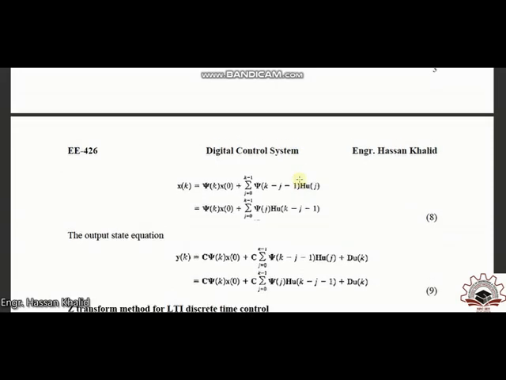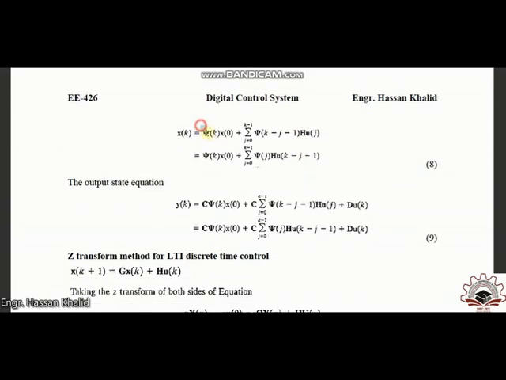Now let us consider this equation A once again that we evaluated from the recursion process, and we have to transform it in terms of our state transition matrix, that is psi of k. In the previous step we have evaluated that our psi of k is actually equal to G to the power k, so we will just substitute our values in terms of G of k and represent it in terms of a state transition matrix. That means we are going to transform our state equation in terms of a state transition matrix. So let's see how this is done.